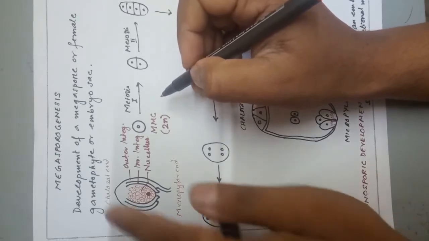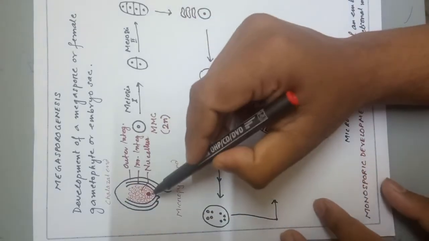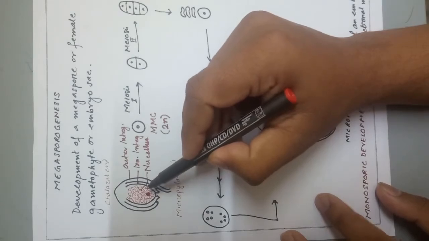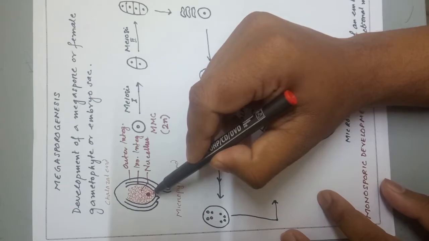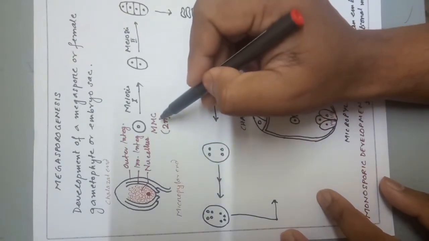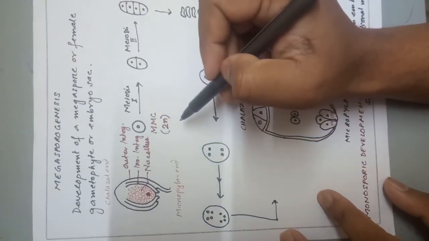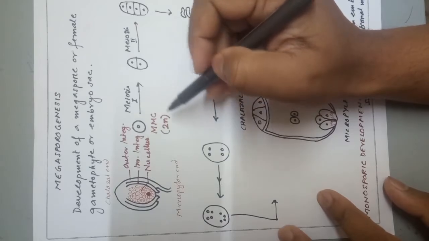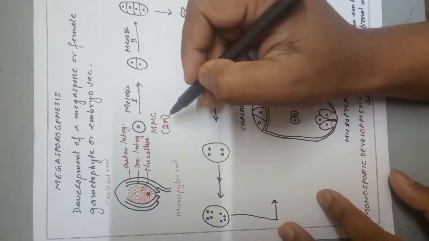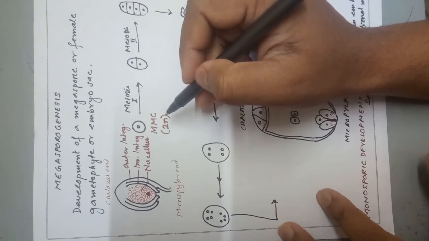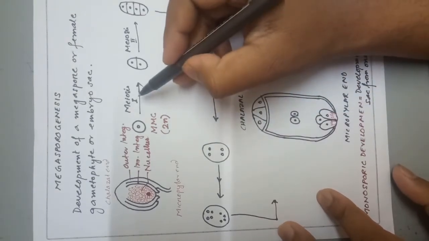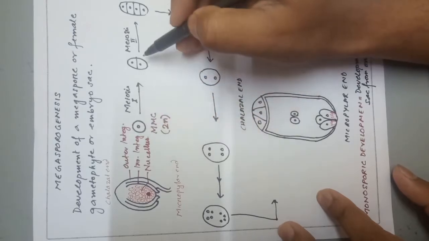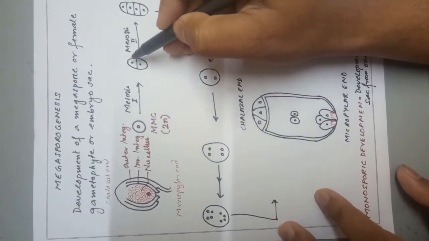Understood? So this is an ovule, and inside the ovule we have this structure called the nucellus. We have taken one cell from the nucellus, which we have termed the megaspore mother cell, and it's a diploid cell. Now this megaspore mother cell is a meiocyte, so obviously meiosis will take place here. So after meiosis 1, from one megaspore mother cell, what have I got? I have got two cells, two megaspores.